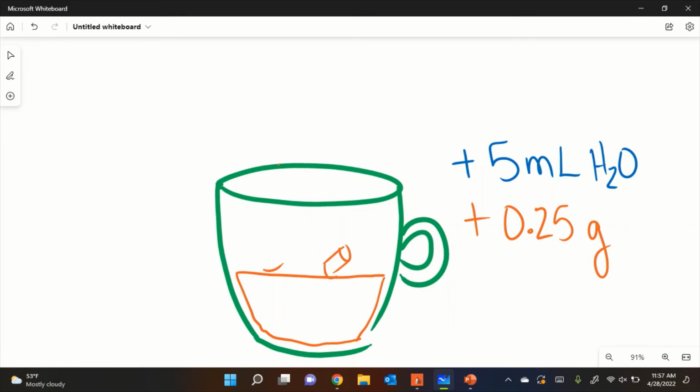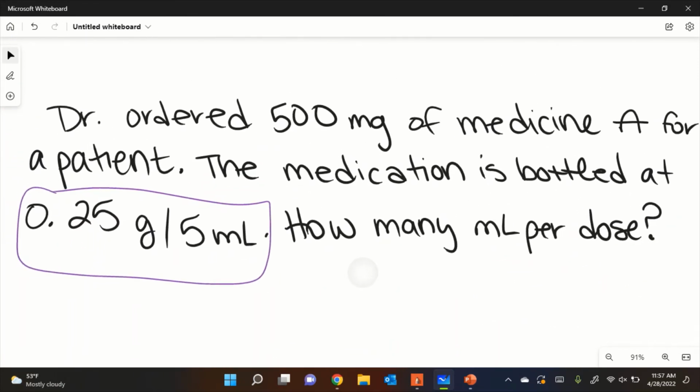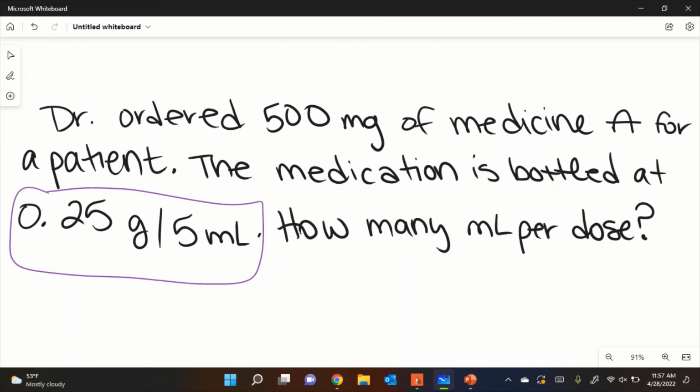But what if you drank this entire cup of hot chocolate? What if you drank 5 milliliters of hot cocoa? How much powder would you have consumed? That much, right? Let's go back to our example. Our medication is packaged at 25 hundredths of a gram per 5 milliliters. If you drink all 5 milliliters of your hot cocoa, you're going to consume 25 hundredths of a gram of